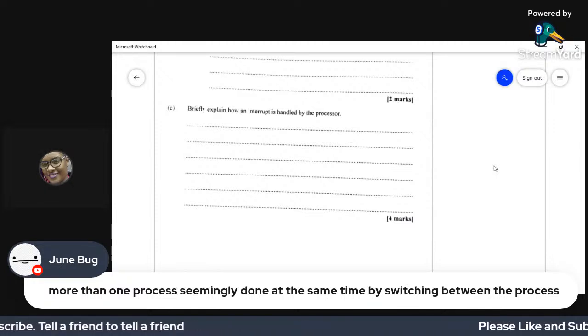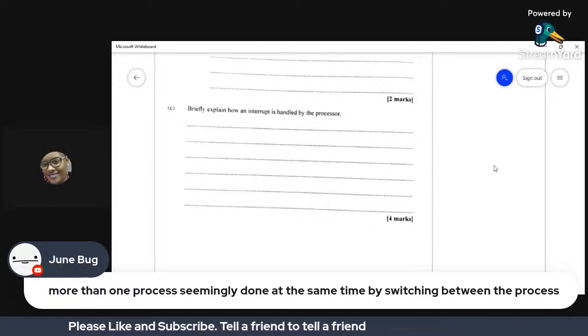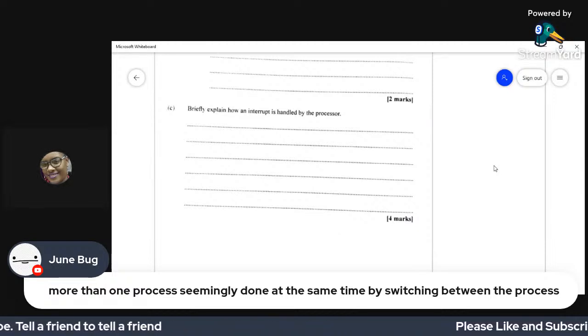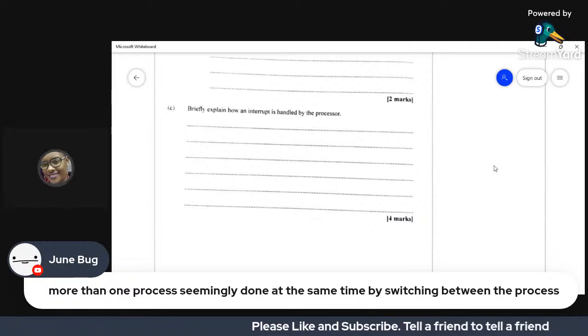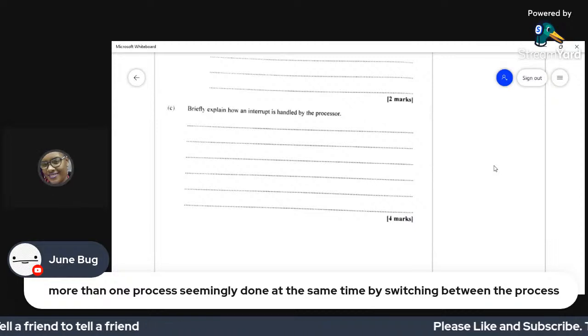All right, C now says, briefly explain how an interrupt is handled by the processor. All right, so step one, you're going to save the status of the existing process. So what is its state, right?